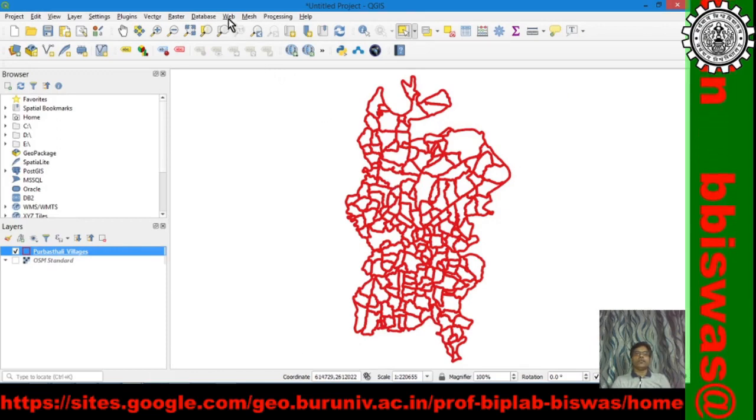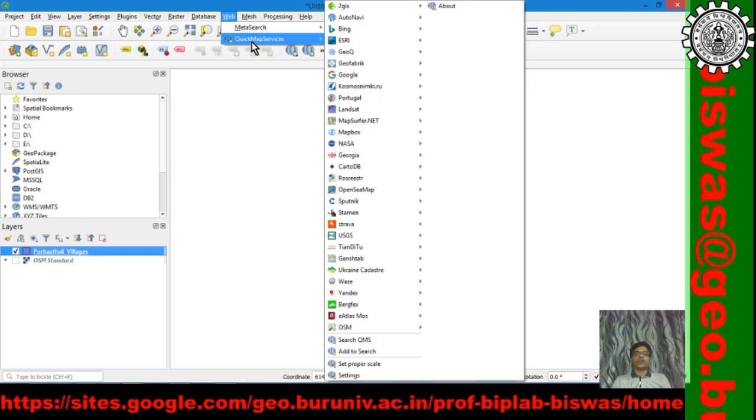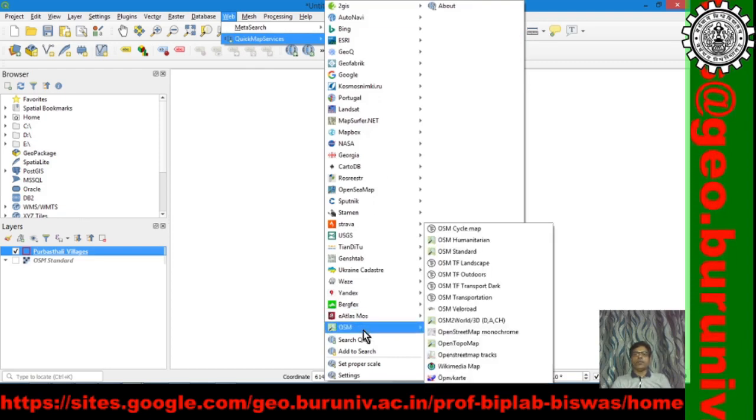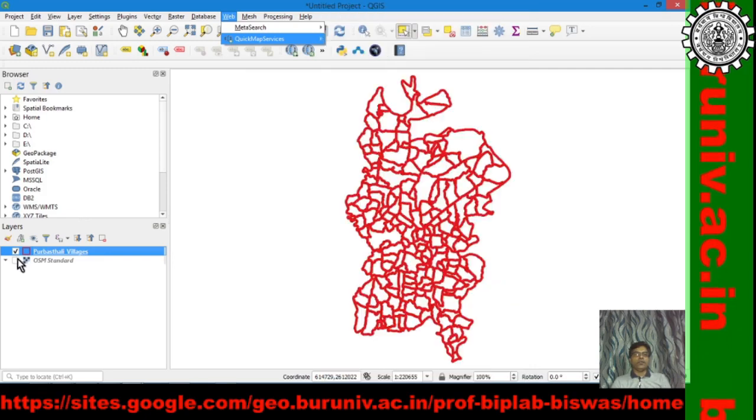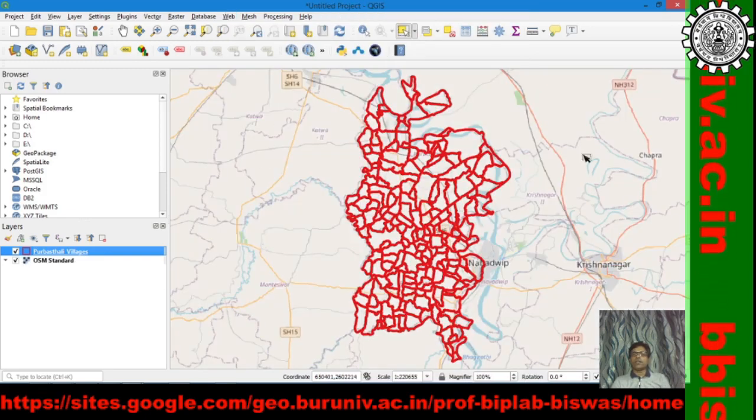For that, you can add the QuickMapServices plugin, and in OSM or any other layer, if we click on the standard, we can see the standard global level map is added, and where your vector layer fits in the global scale.